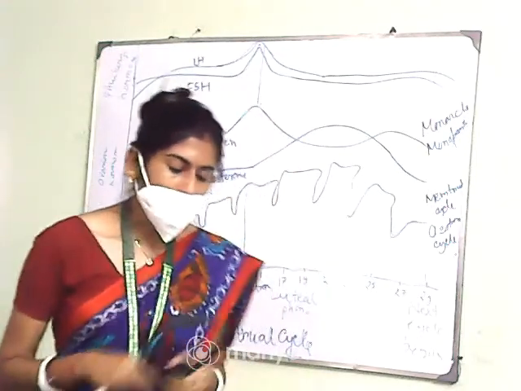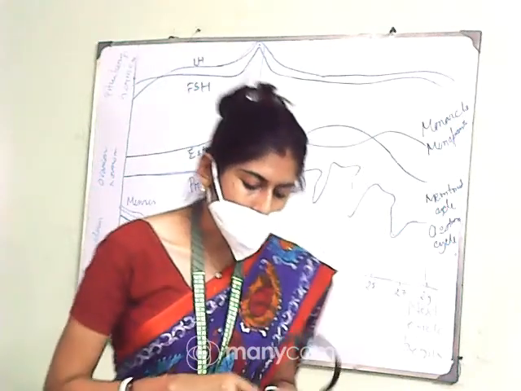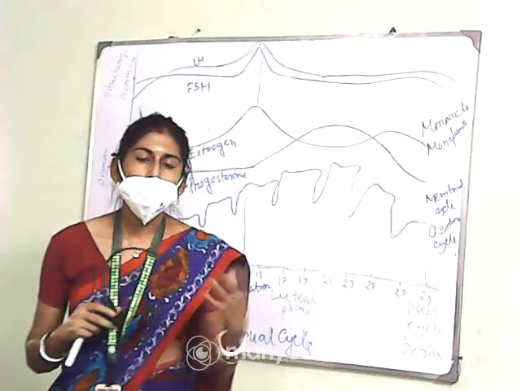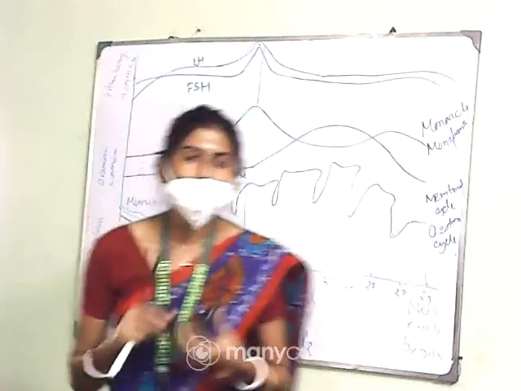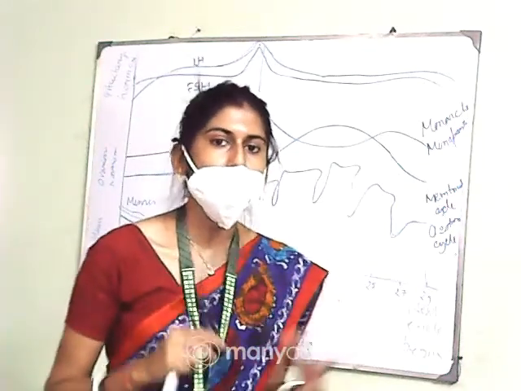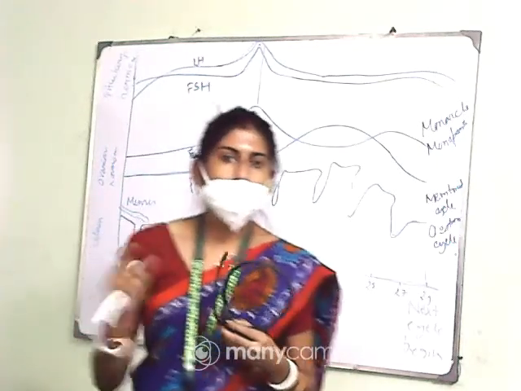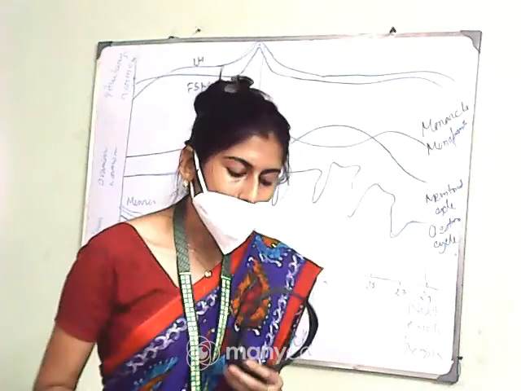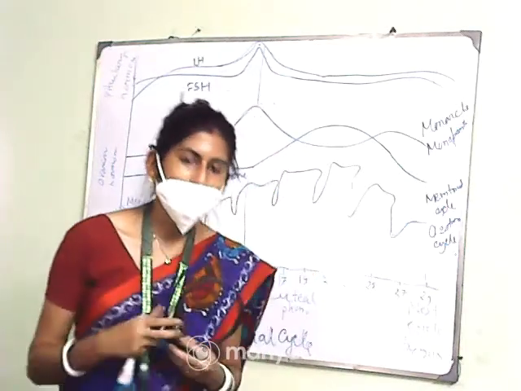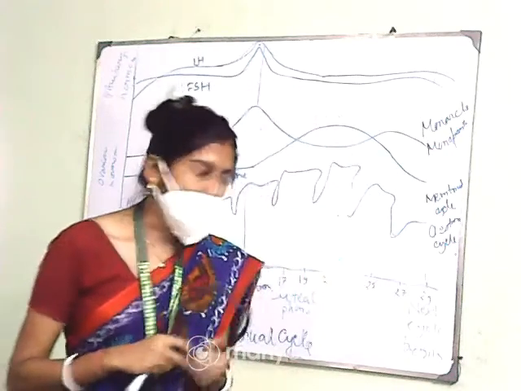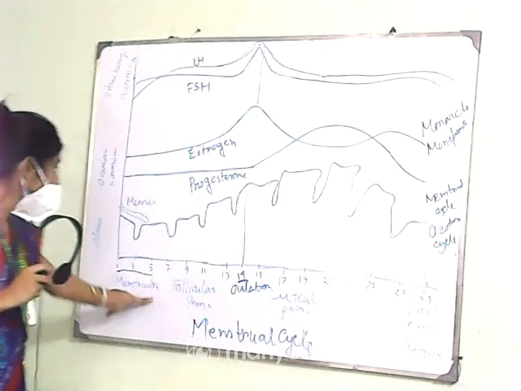Now there are some other situations like stress, poor health, and different hormonal changes, and these are different reasons for which menstruation doesn't take place at a particular time. So first indicative is pregnancy, and after that these are the different conditions when menstruation may be stopped. So this is all about the menstrual phase.